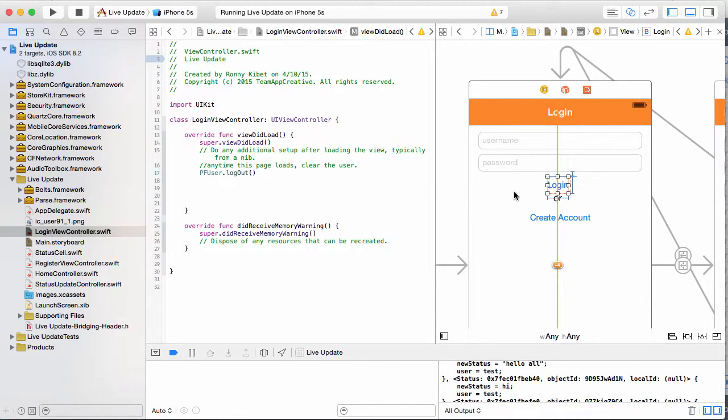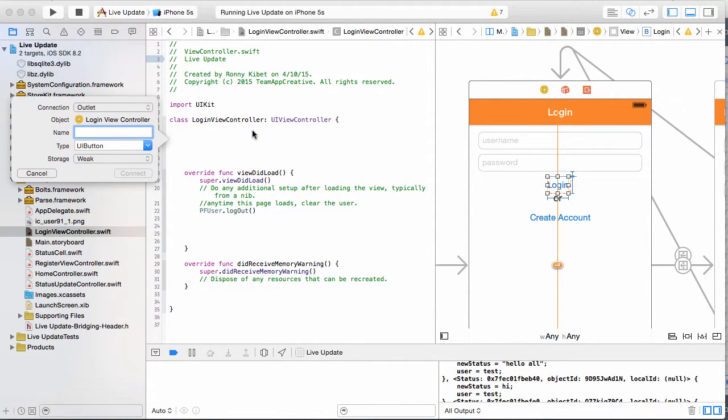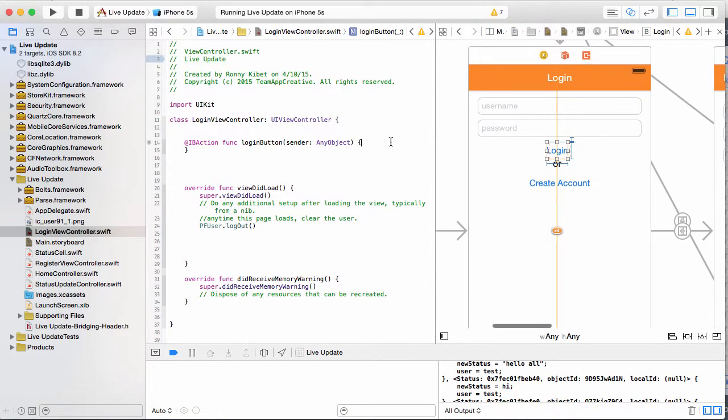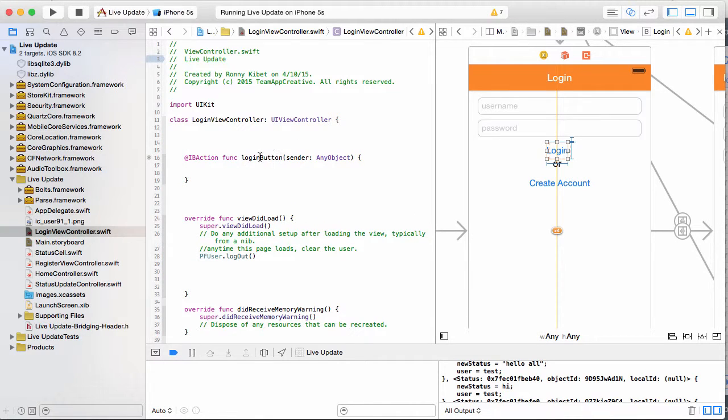To start that, let's first of all drag this. Let's create space up here. Then drag this, create an outlet. And as a matter of fact, an action. And I'll call this login button. Okay, so as soon as that button is clicked, I want to also create outlets now for